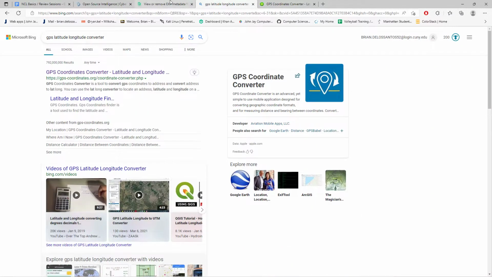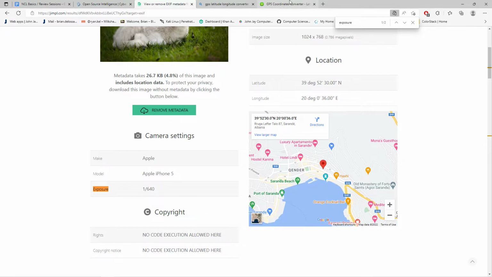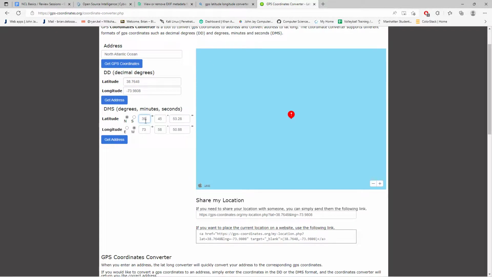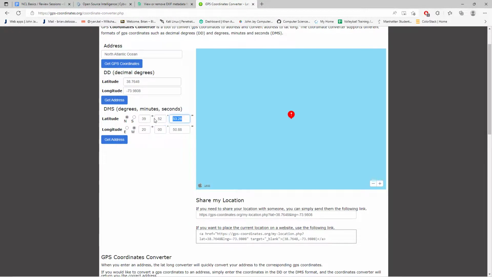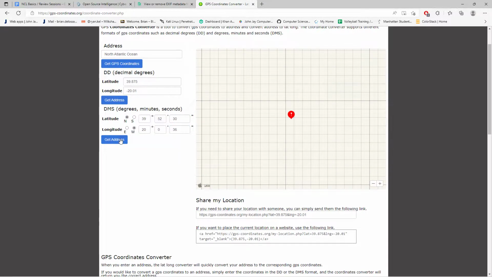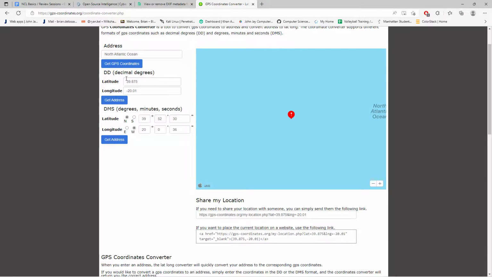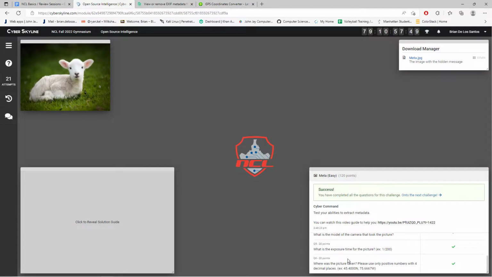So from here, 39, 52, minus 20, 00, and 30, 36. Then from here, you actually convert it, and then you can paste that in, then that'll be the answer